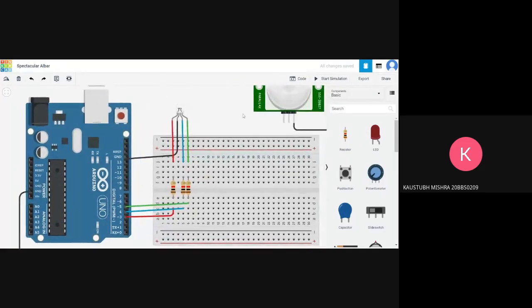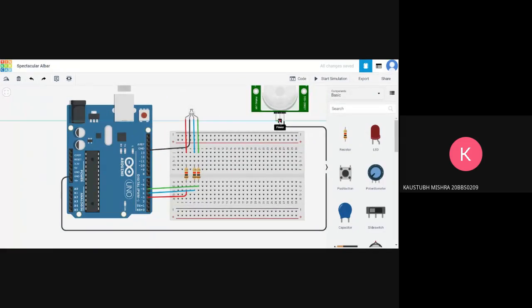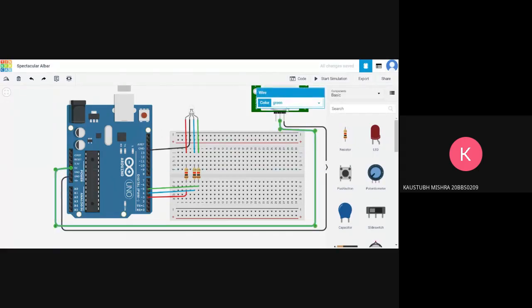So let's connect the PIR sensor to that, and let's color this one yellow.